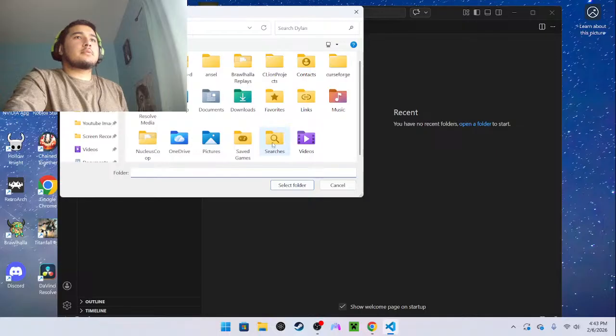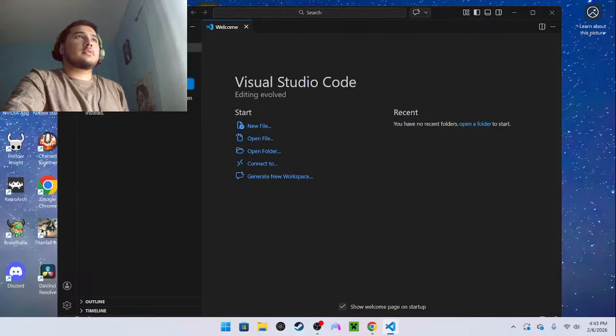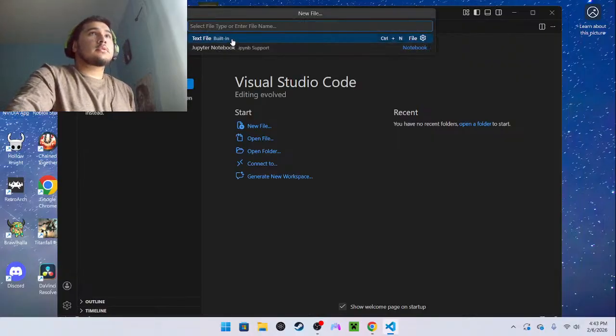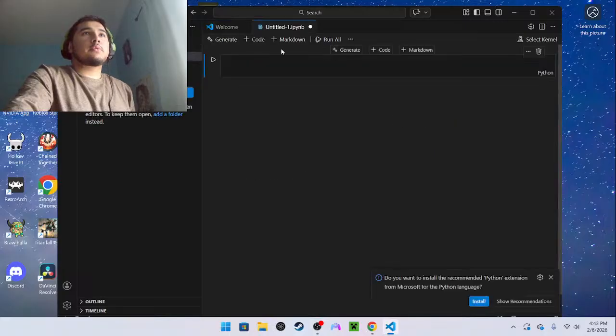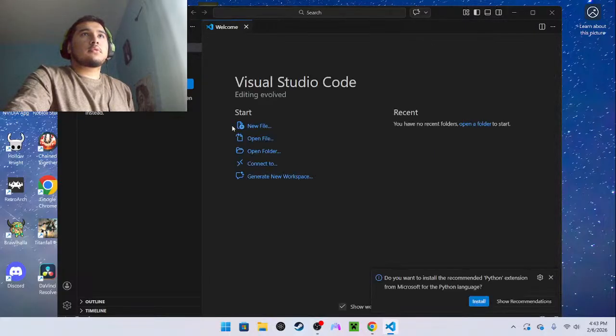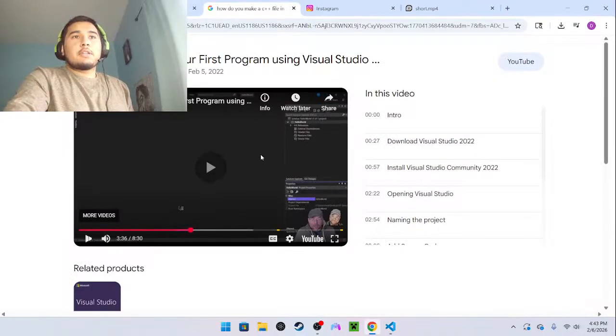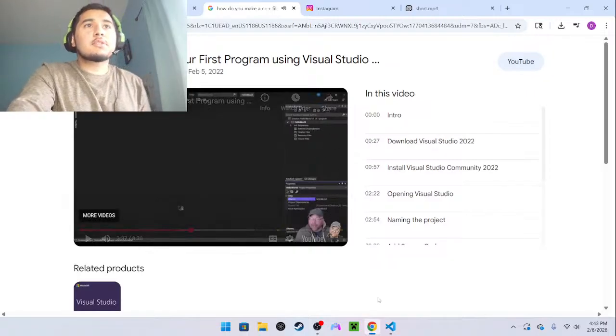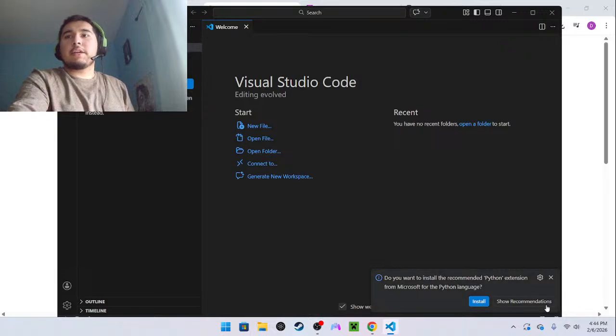New file. Text file. Jupyter. What is that? Alright, I'm gonna keep looking at this. Now, I can't. Solution Explorer. Where is that? How do I open that?